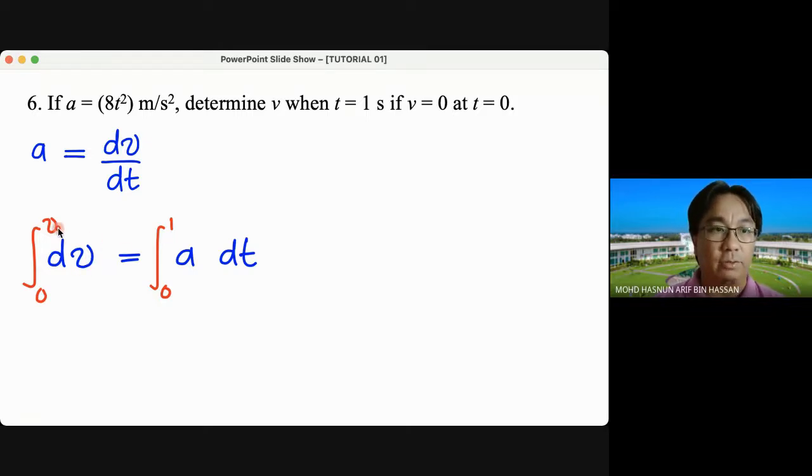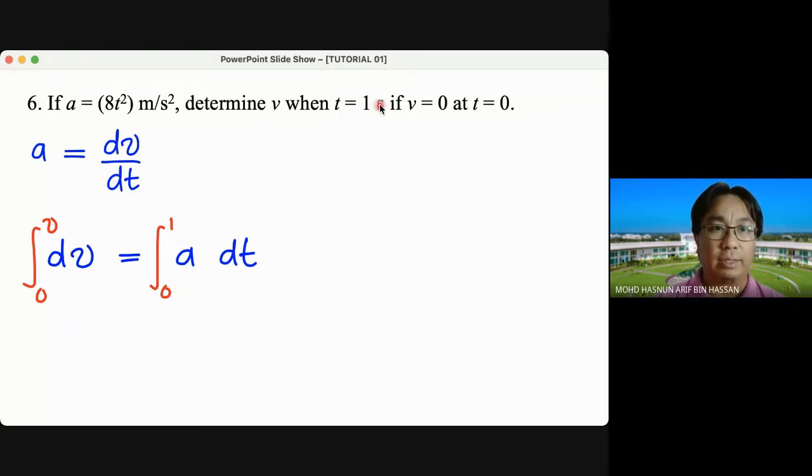Okay, a dt equals dv, and then we can do the integration, because when we integrate dv, we will get v. So we have to do integration on both sides. Integrate dv. The lower limit comes from the initial condition here, v equals 0, until v, because this value v is what we want to determine. And for the acceleration, it's a dt. So integration, the lower limit comes from the initial condition given, t equals 0, and the upper limit here is